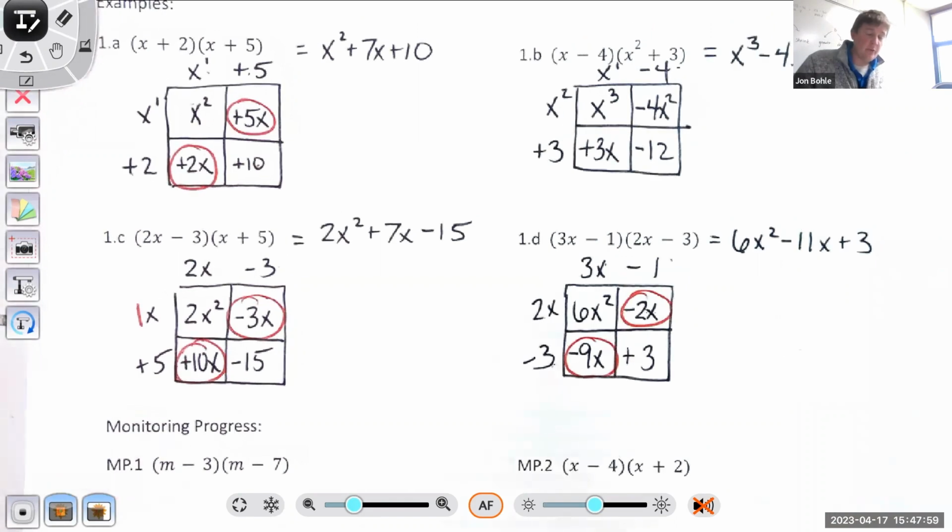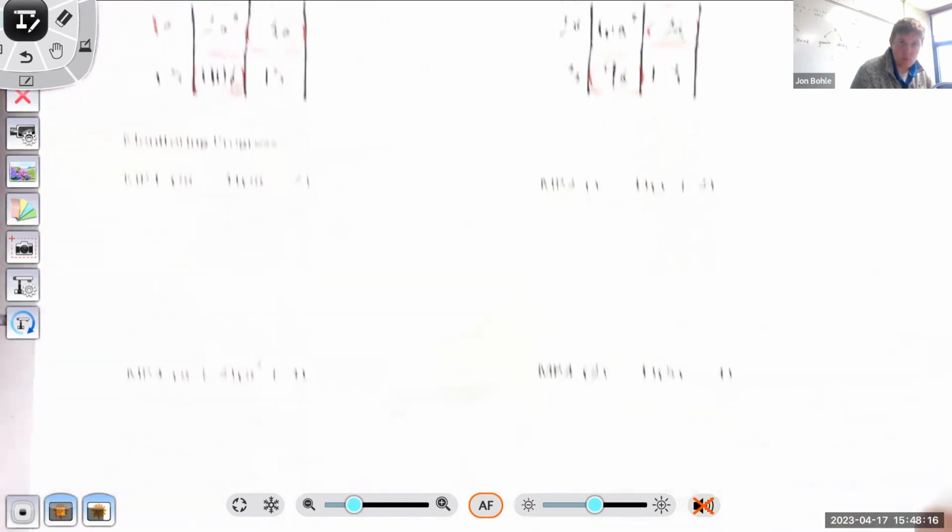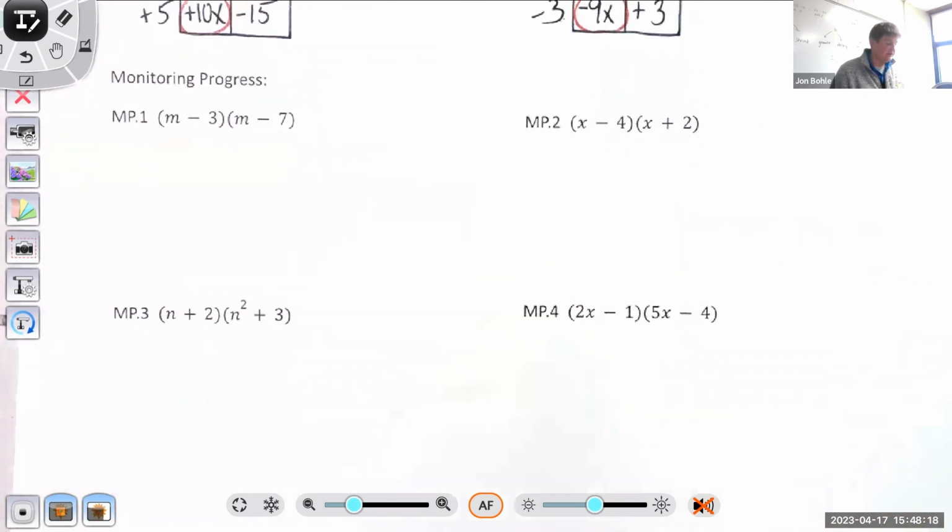Okay, that's the vast majority of the work we're doing today. So why don't we take a second, pause the video, and work on monitoring progress 1 through 4. When you're done, unpause the video, check it with me to ensure that what you're doing is correct. Okay, so I'm assuming that you've already taken the time to work through these problems. I'll fly through these